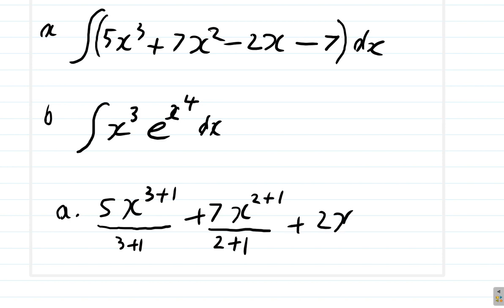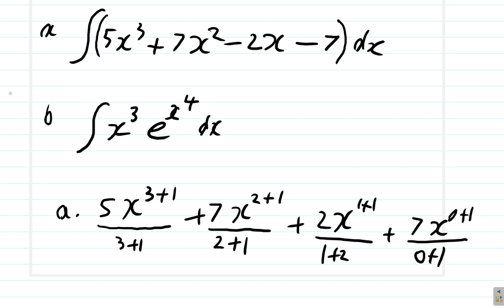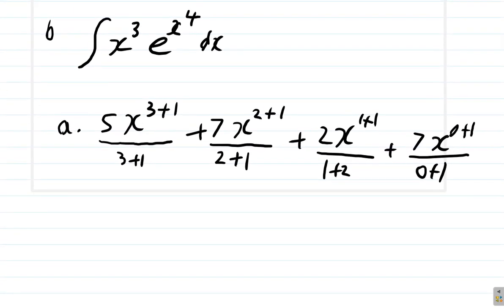Plus 2x. 2x means 2x to the 1. You add 1 to the old power to get the new power, and divide by the new power. Plus 7. 7 means 7x to the power of 0. You add 1 to the old power to get the new power, and divide by the new power. So then, what you have now